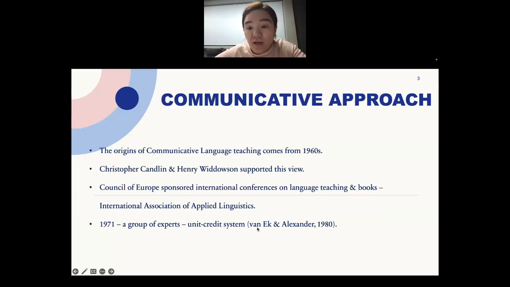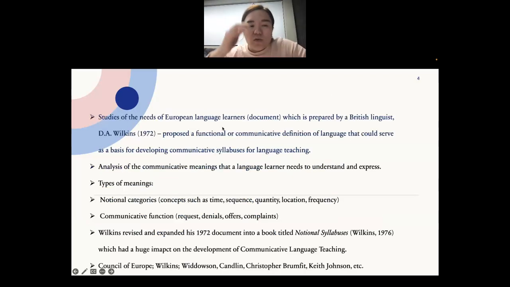And by 1971, a group of experts, whose names are Van Ek and Alexander, developed a unit credit system where the topics are divided into different parts. Then the study of the needs of European language learners, a document prepared by the British linguist Wilkins in 1972, proposed a functional or communicative definition of language that could serve as a basis for developing communicative syllabuses for language teaching. So here, for example, is an analysis of the communicative meanings that the language learner needs to understand